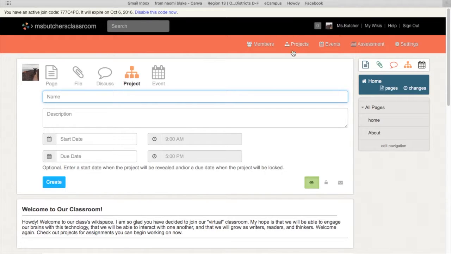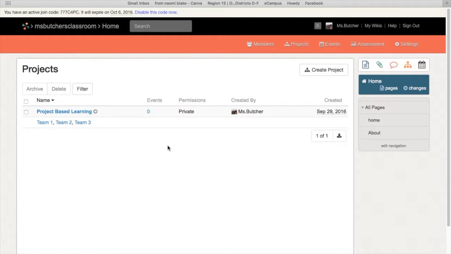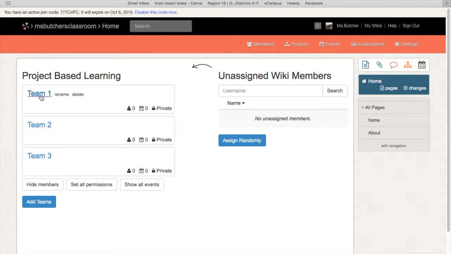If you go to projects up here on this orangey coral bar, you can see that I've created just a mock project called Project-Based Learning. Its permissions are private, which means that only me and my classroom can see it. So we'll click Project-Based Learning. I've got different teams